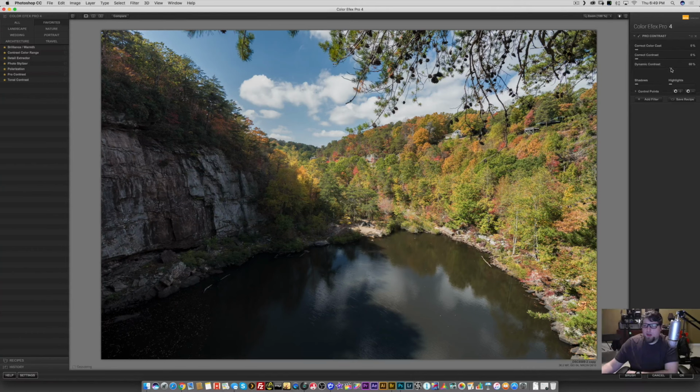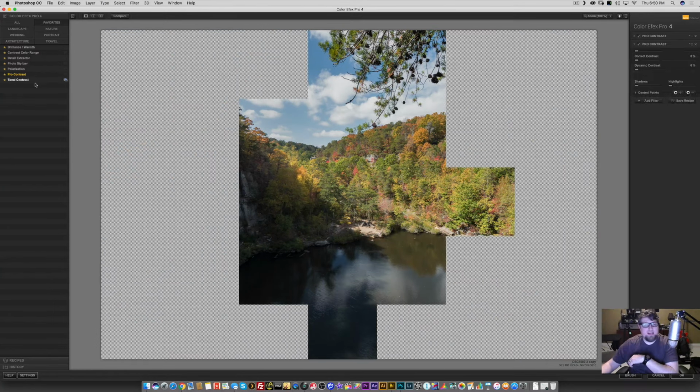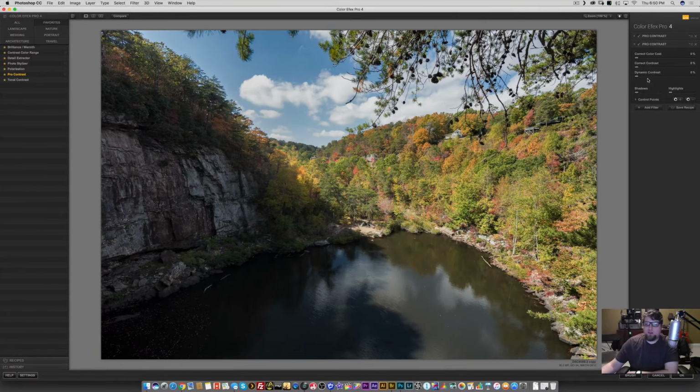There's a little trick that I've learned with Pro Contrast. If you go past the 60% mark, it starts introducing a lot of noise. So if you want more than this, you can add a secondary filter. You can hit it with Pro Contrast again and take it up another 20 or 30%. So let's do that. 35. That way we've really added about 95% of Pro Contrast, but we haven't taken the contrast slider past